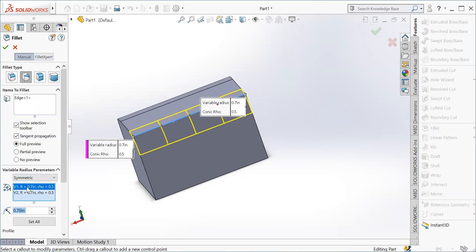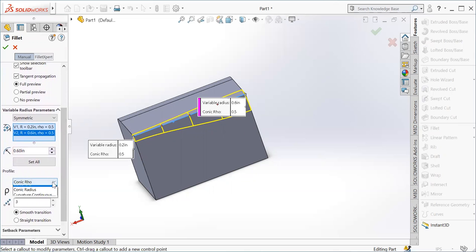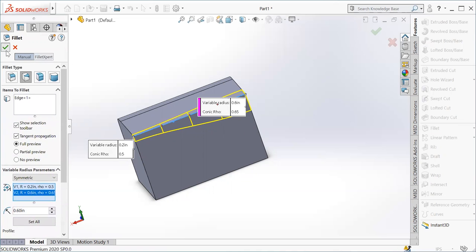I'm going to select this V1. On this V1, I can make the radius 0.2, and on V2, I can make the radius 0.6. Then I can change the conic rho from 0.5 to 0.65. And I can click on this OK.